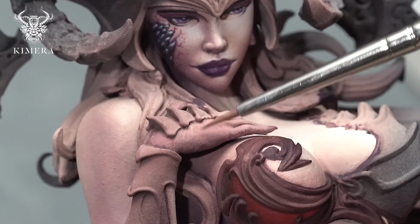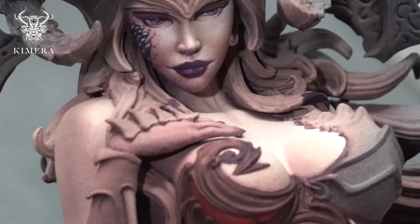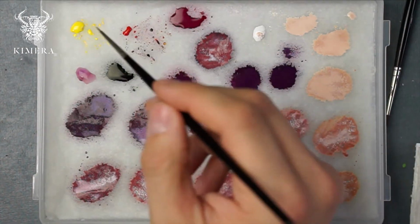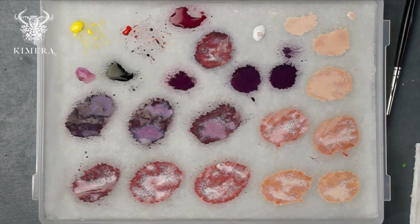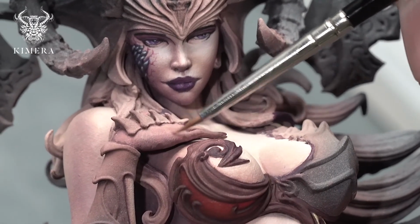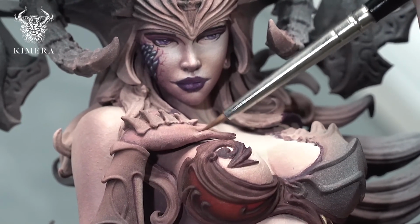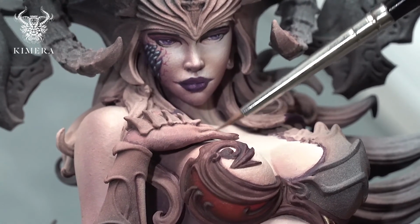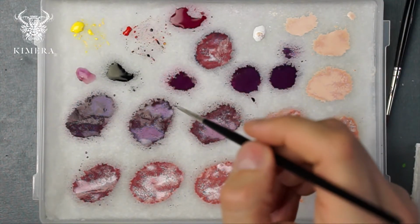because every color, every skin tone composes of some colors that we have to mix together just to produce this color. So here I used yellow, red and violet. That's not present here right now, but we could add this color, all those colors, just to modify all the colors of the skin tone we are using. Some parts can be more red, some parts can be more yellow, some parts can be more violet, and especially